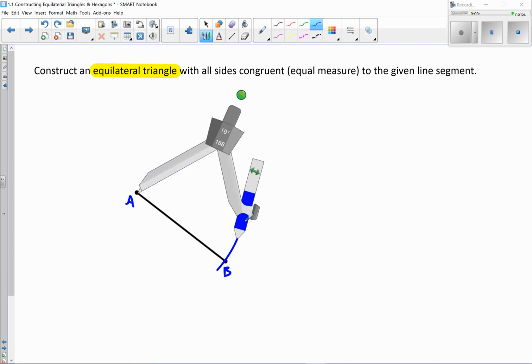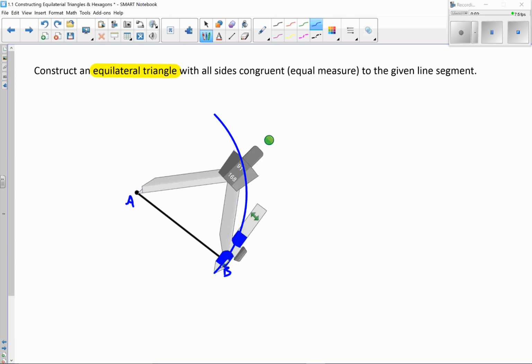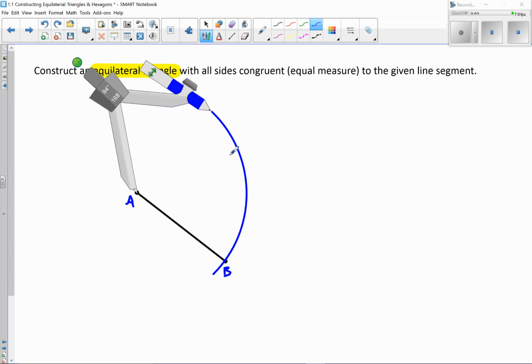Now, if I extend that arc above or below, again, any point on this arc from A will be equal to AB. So if I want to find the exact point here on this arc that's going to make an equilateral triangle,